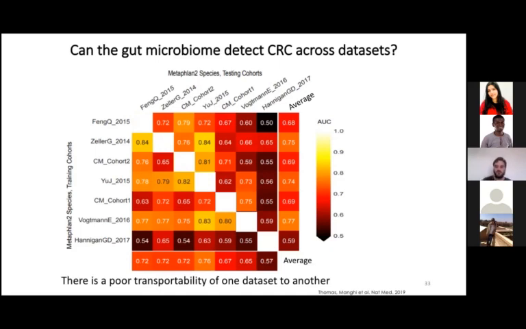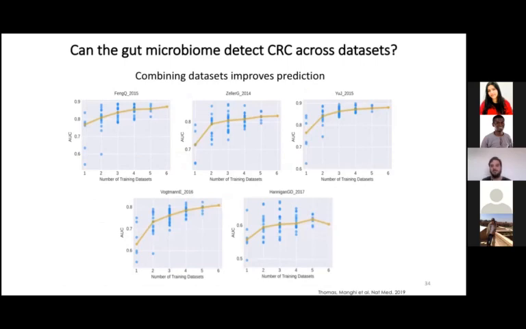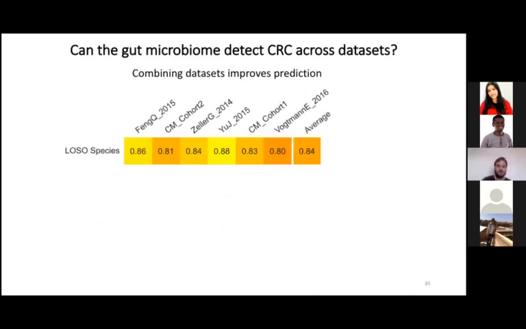So what we did was use an approach where we combined the different data sets. Here we show the different AUCs for the different numbers of training sets used to train the supervised machine learning classifier. What we can see is that as we increase the number of training data sets, the AUC values increase, so much so that we were able to reach an average AUC of 0.84 when we combined different data sets, trained, and then tested on the left-out data set. This is what we call the leave-one-study-out strategy,